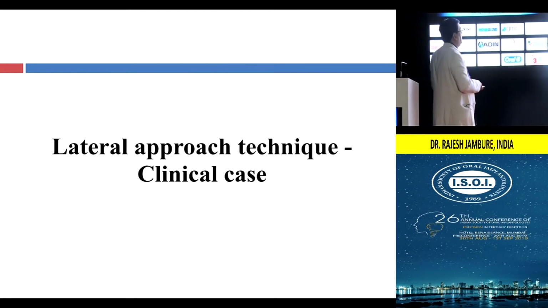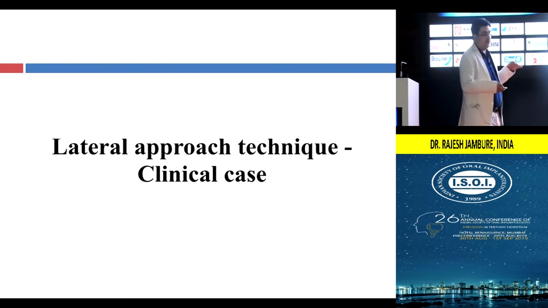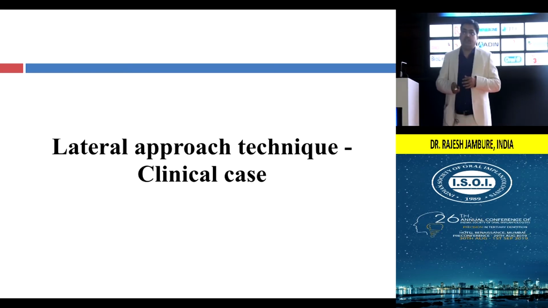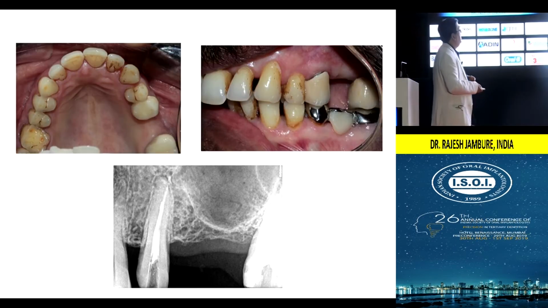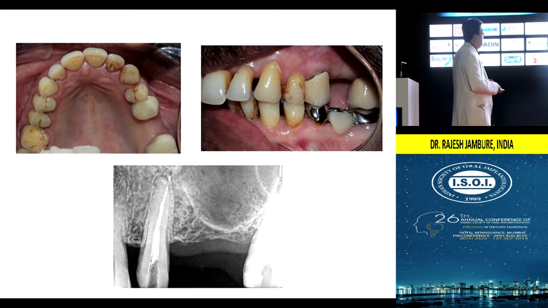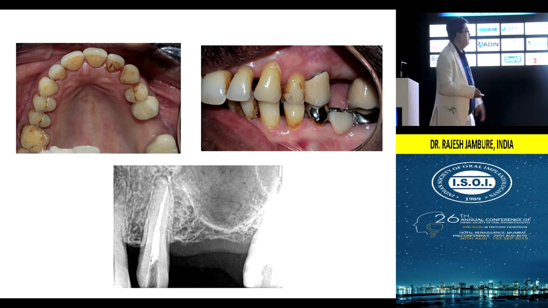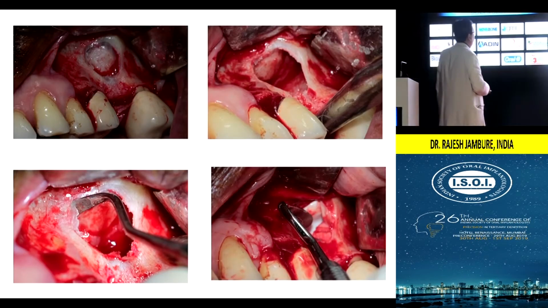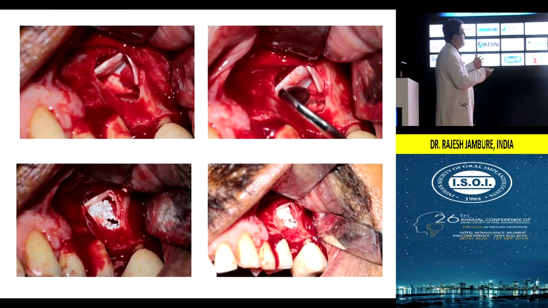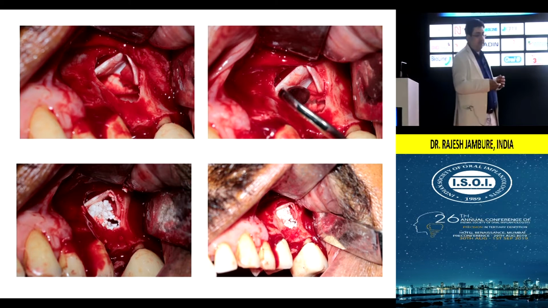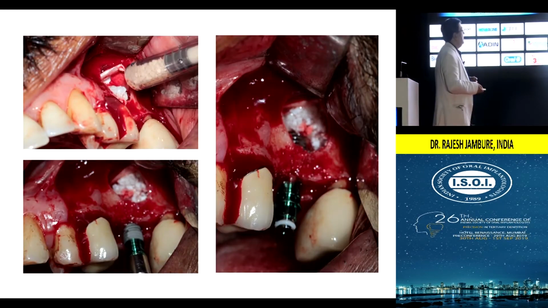So this is about the Crestal technique, and if you think about the lateral approach, here is another case with a missing 2/6 area. Now here you can see the remaining bone height is very less. It's almost 2 millimeters or 2.5 millimeters, and here we did the lateral approach technique and lifted the membrane, and this is a comparatively open approach. You can graft it nicely, and I could get some stability even with 2 millimeters.